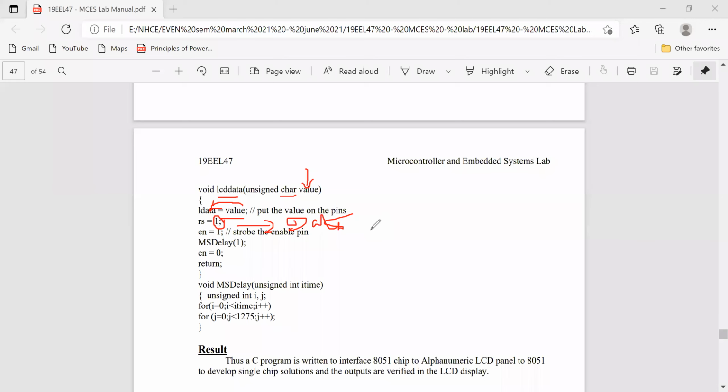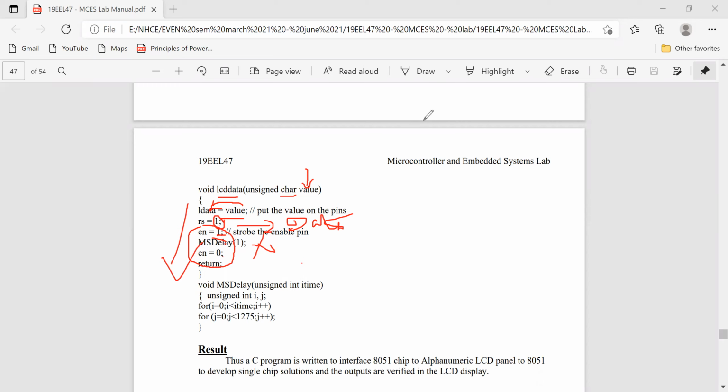Whatever you are sending is data that will be displayed on the display. The LCD will understand that. So once it is enabled, then your data is written on the LCD. If you're not putting enable equal to 1, have a delay, then 0, then you cannot see your data there.